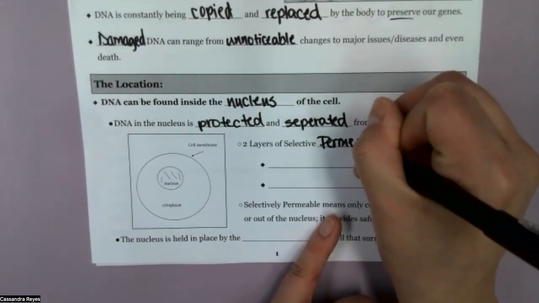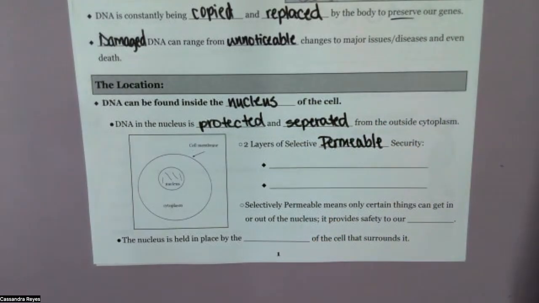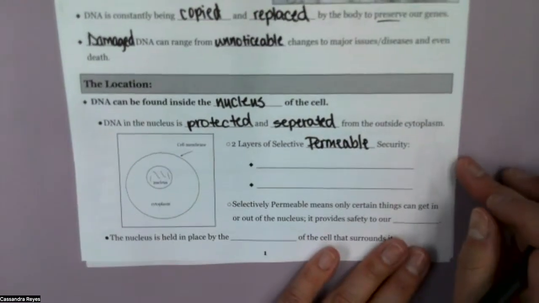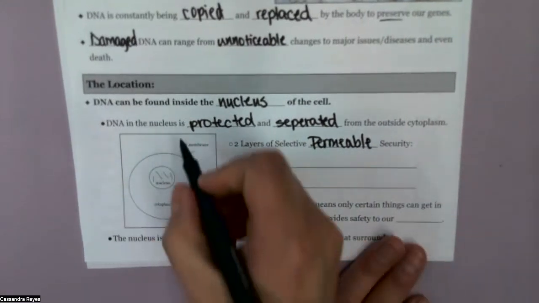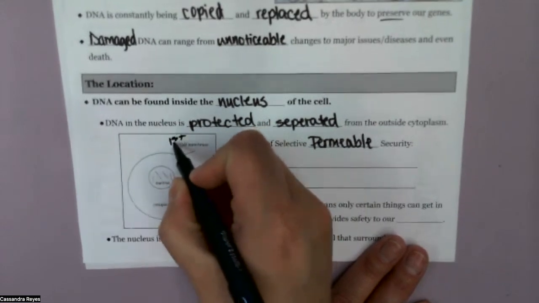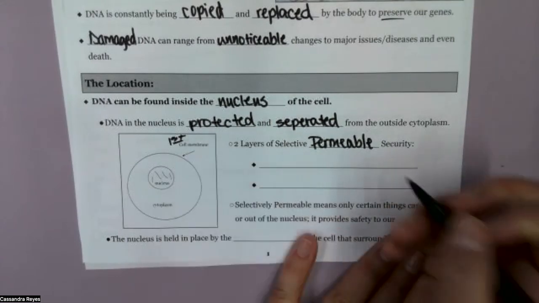Permeable security. So two layers of selected permeable security. That cell membrane provides the first level of security, whereas the nucleus, or the nuclear envelope, okay,